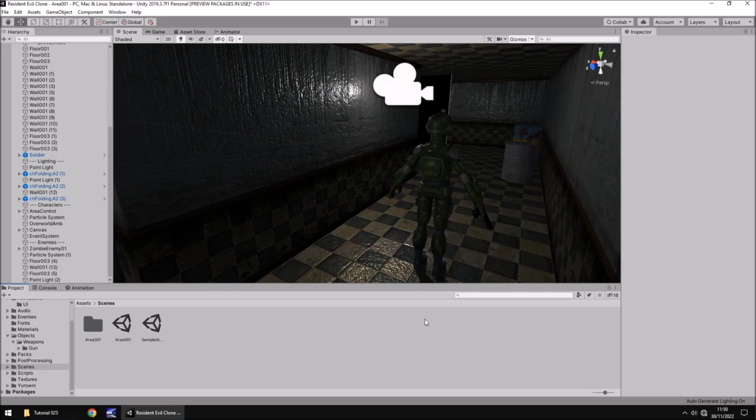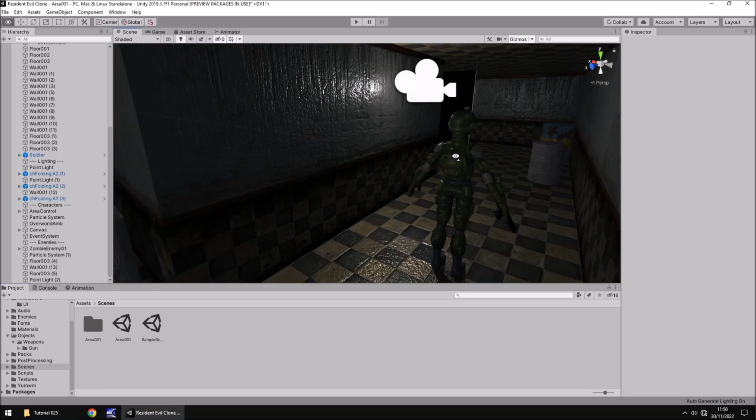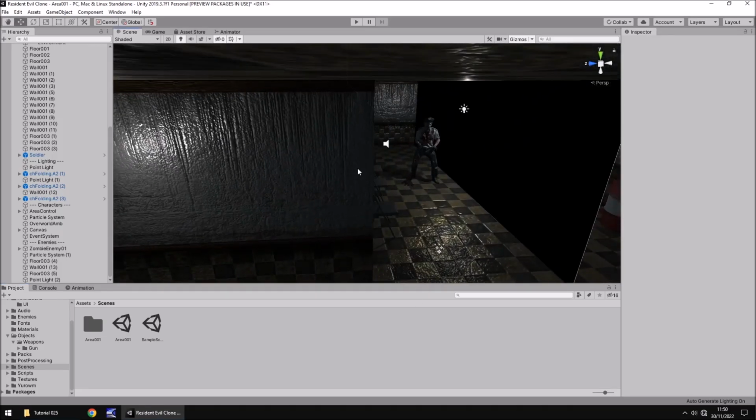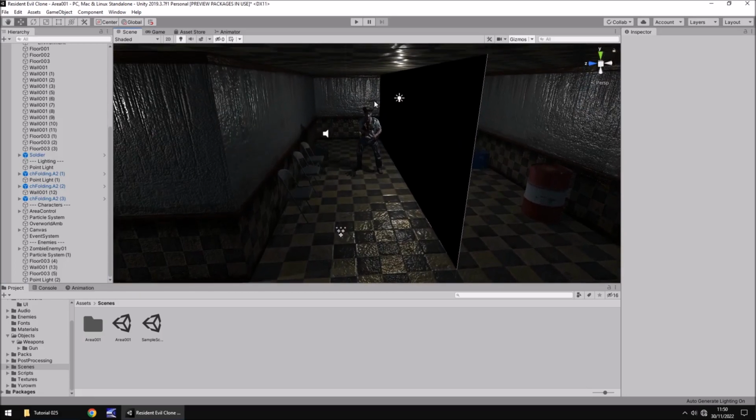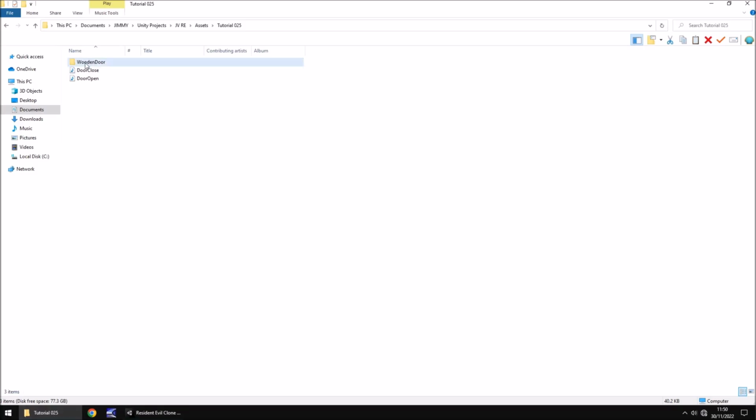With that in mind, let's get to work. So up until now we don't actually have a door in this game at all, but I want to have a door over here. So what I'm going to do is go onto our objects folder right here, and drag and drop this wooden door